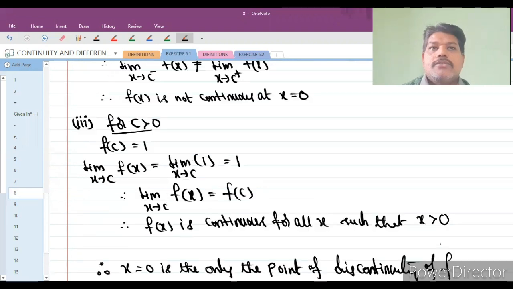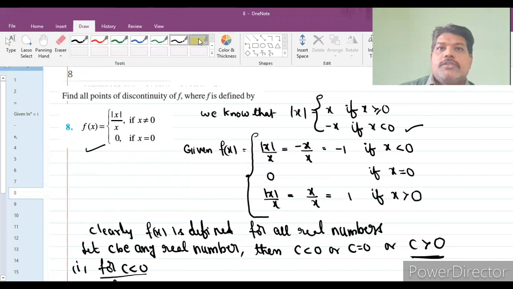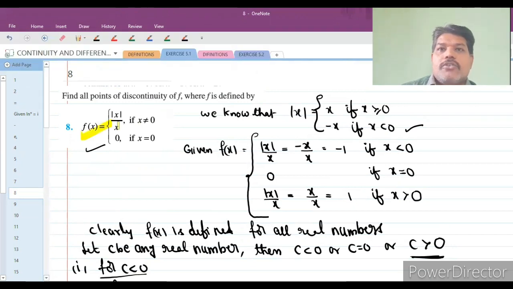So see that case, students. First we have to write what is the original form of the given function. f of x is defined like this, so that's why I'm taking that condition. First we have to understand that f of x is equal to mod x by x if x is not equal to 0, and if x is equal to 0, it is 0. Already you know the formula for mod x. We know that mod x is equal to x if x is greater than or equal to 0, and minus x if x is less than 0. Automatically, the given function will become